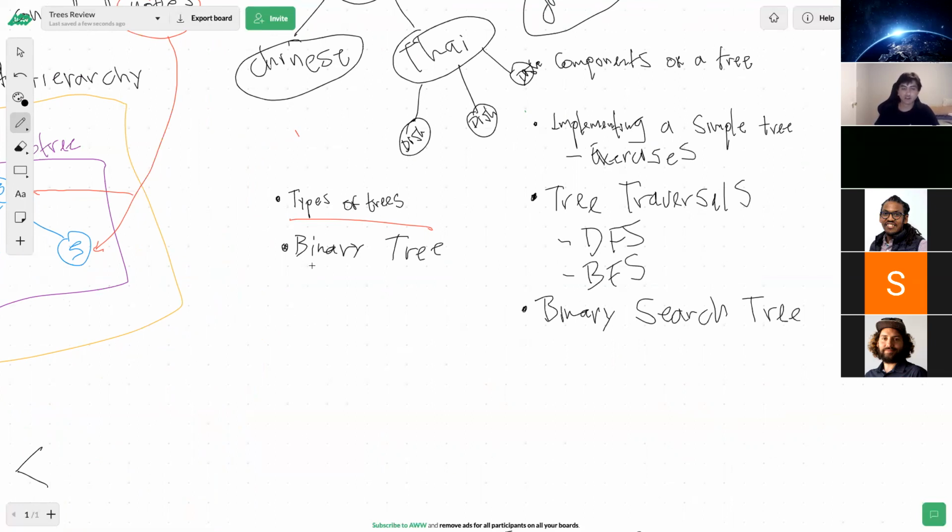Within binary trees, I think we have two. Actually, let's define a binary tree first. A binary tree is a tree that can have only 2 children, and that's what binary means: 2.